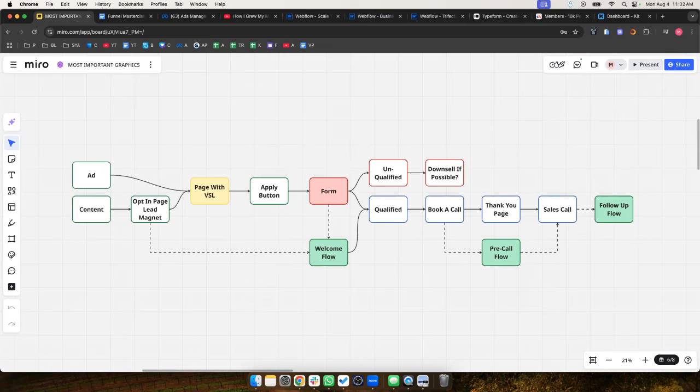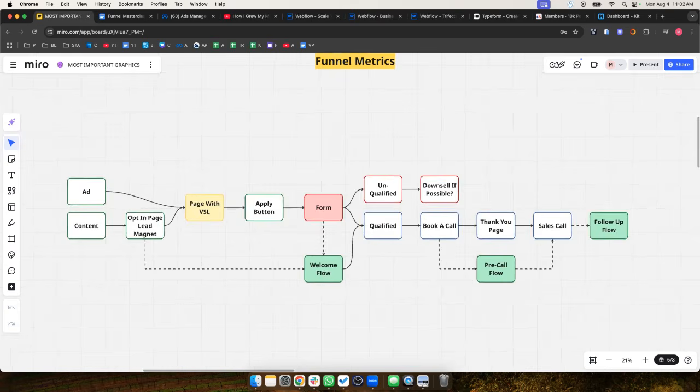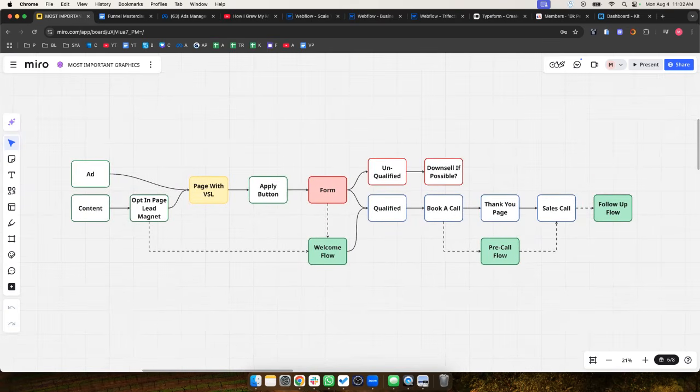So a funnel, at least in the way that I would describe it, is the theoretical but very real process that you take to move someone from not knowing who you are to becoming a real paying client. You can look at the definition of funnel, and I'm sure you'll get a bunch of different things, but that's what we're going to say a funnel is. So it starts with you driving traffic, then you getting their email address, and then them booking a call.